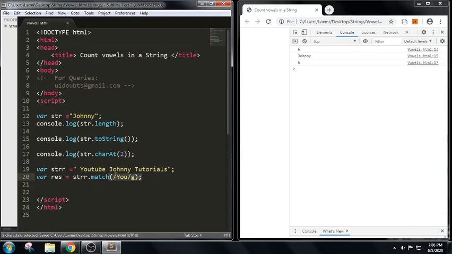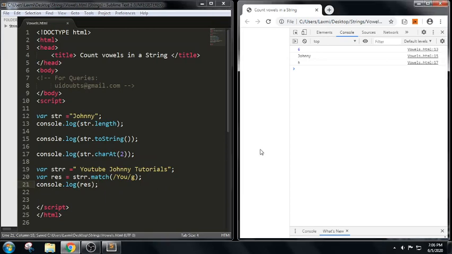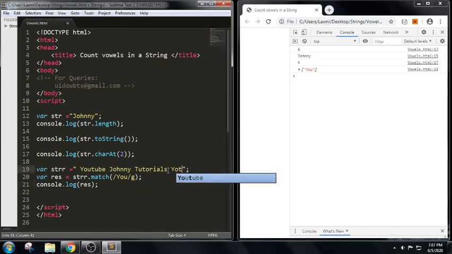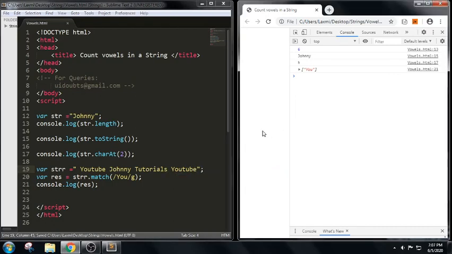So whenever I write variable str, let us see the output of this. We should be able to write console.log. Let me put everything in the same, it's okay. If I write here u, you can see u has been returned. For example, I am trying to write again a YouTube here. You can see we got 2 u's.